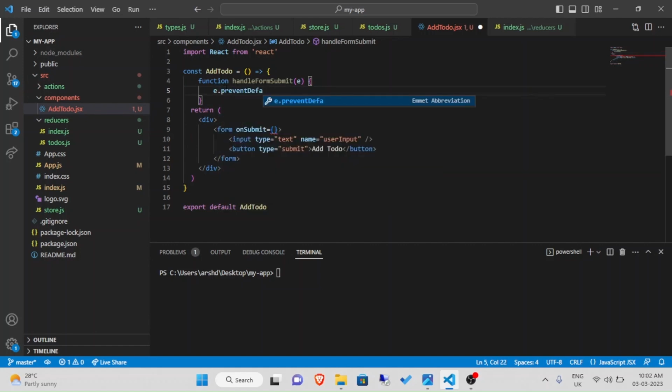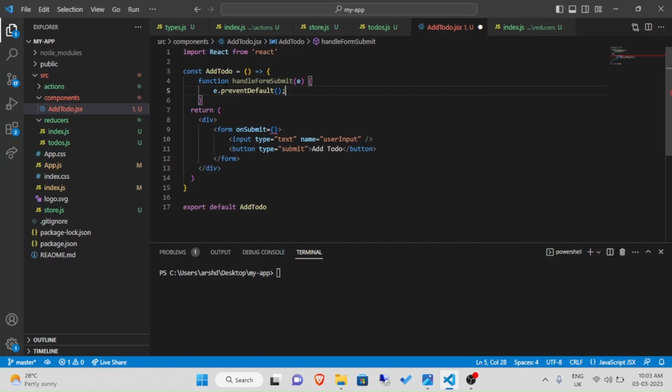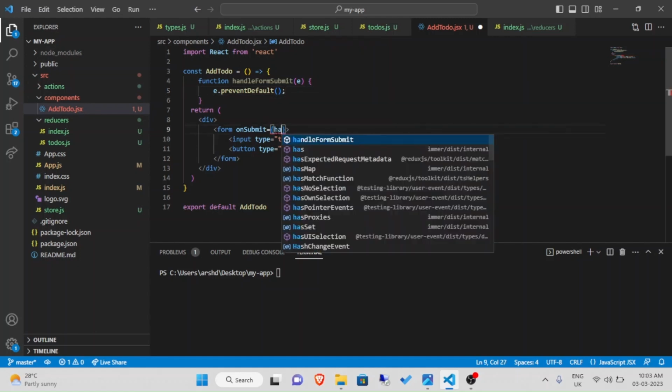We are going to write e.preventDefault because we want to prevent the default action. The default action of the React form is basically to reload the page, and if we reload the page we will lose the user input provided. So we have to definitely write e.preventDefault. Out here let me type handle form submit,